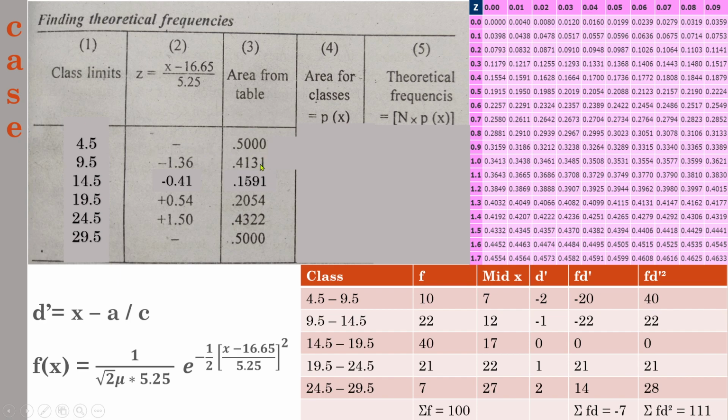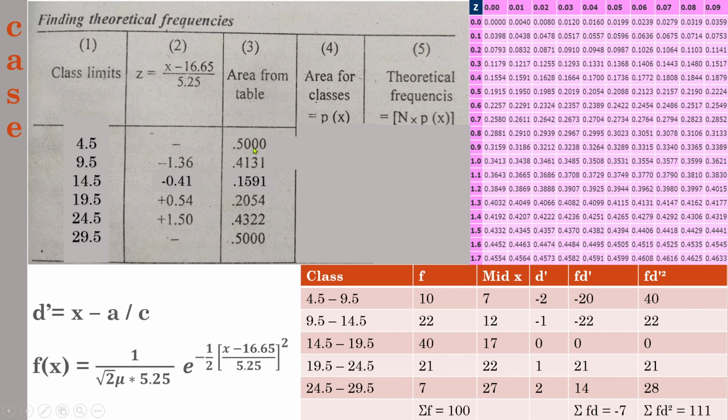So you need to take the addition or subtraction, and how we are going to deal with that is, here the 0.5, whatever the sign here it is, that will be the sign here also. So that is the same sign. Usually the table will be like this. The first half will be minus, the next half will be plus. That is the concept. So here 0.5 we can assume as the left hand side of the curve, that is negative 0.5, and 0.4131 represents minus 1.36. That means these two values belong to the same side.